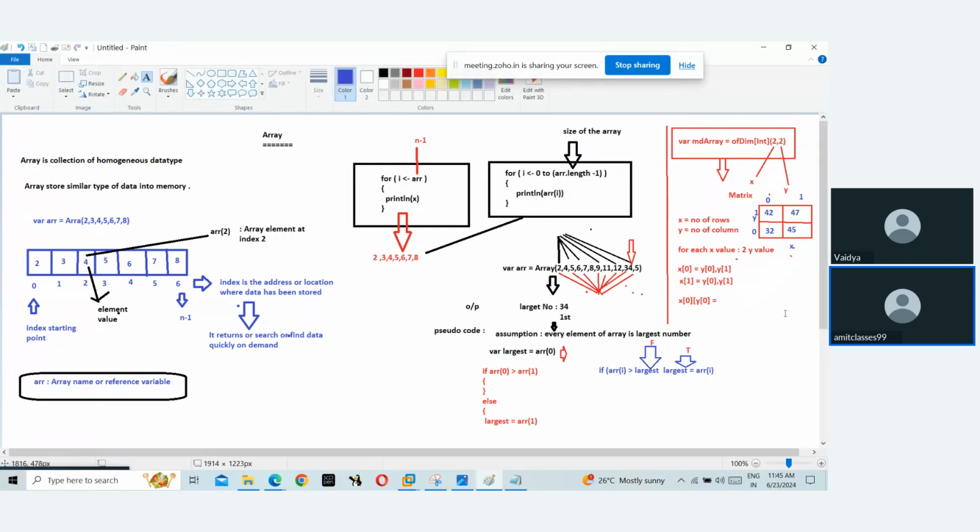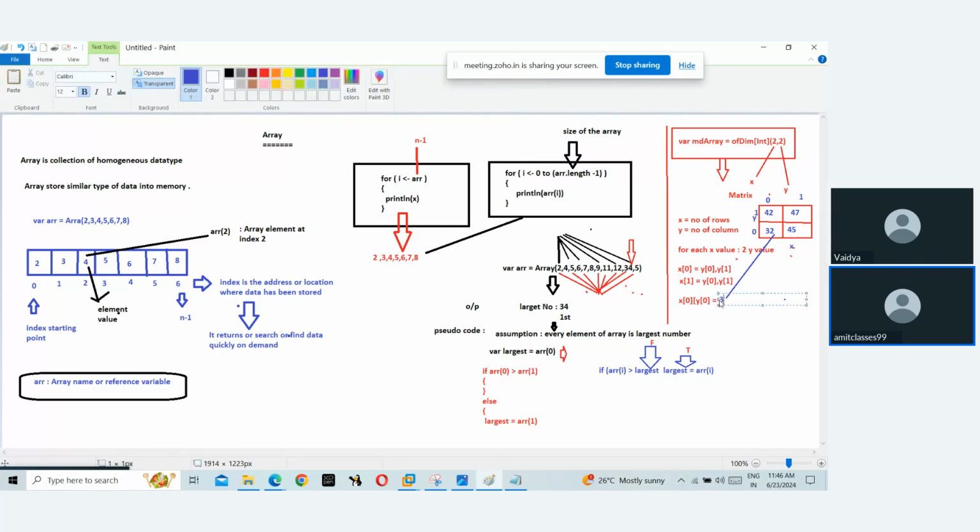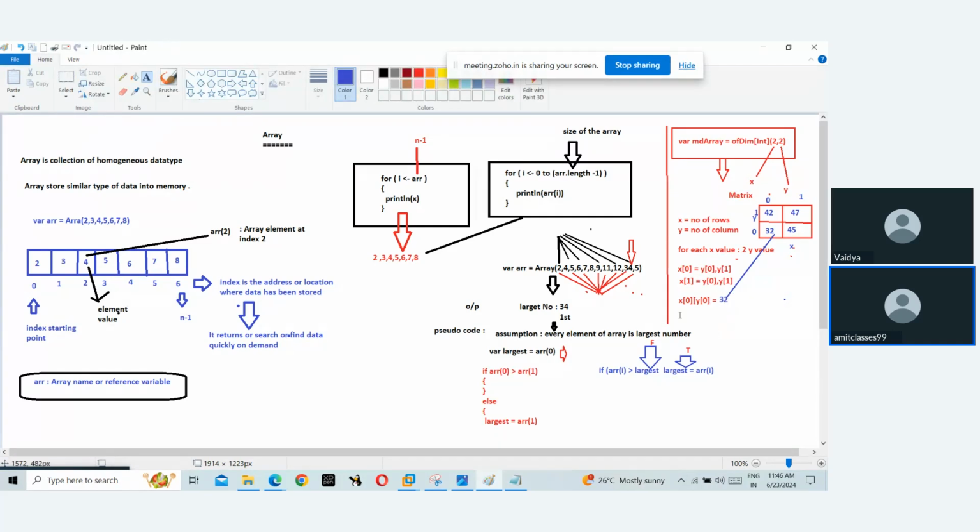So how does it work exactly here? Whenever we fetch a value from this matrix, x of 0 and y of 0, meaning the first block, this value will come as 32. So we get 32. Similarly, if I say x of 0 and y of 1,